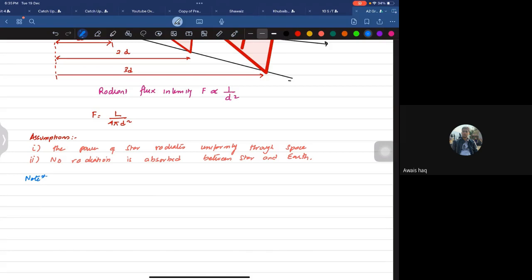Number one, luminosity, which is the power of a star, is a constant, which means same type of stars would have the same luminosity. Number two, the radiation flux, or radiant flux, follows an inverse square law. Number three,